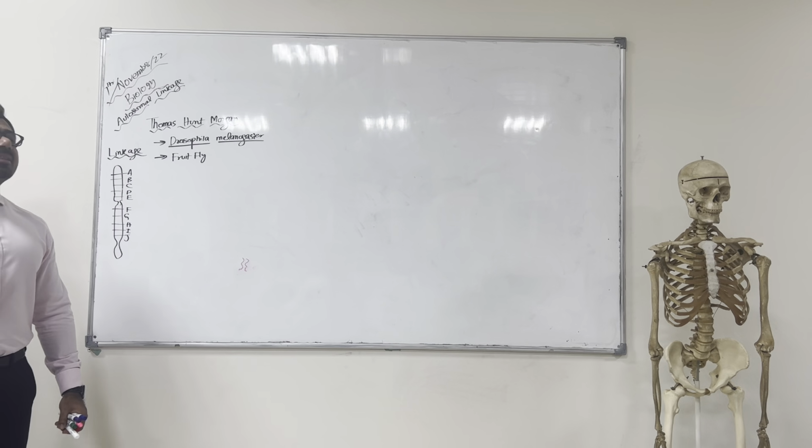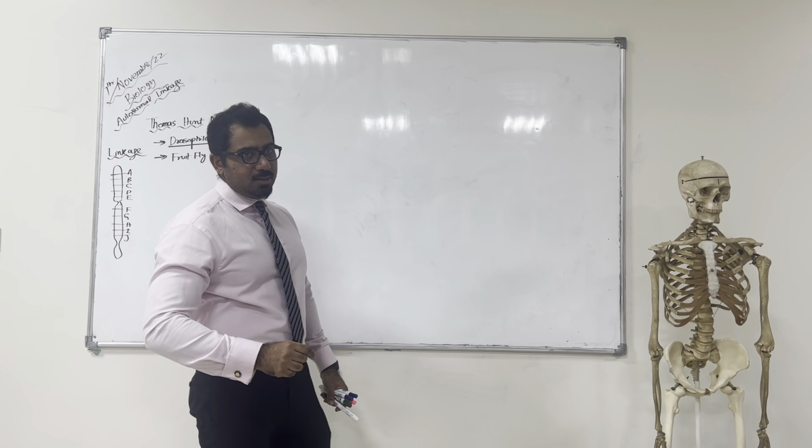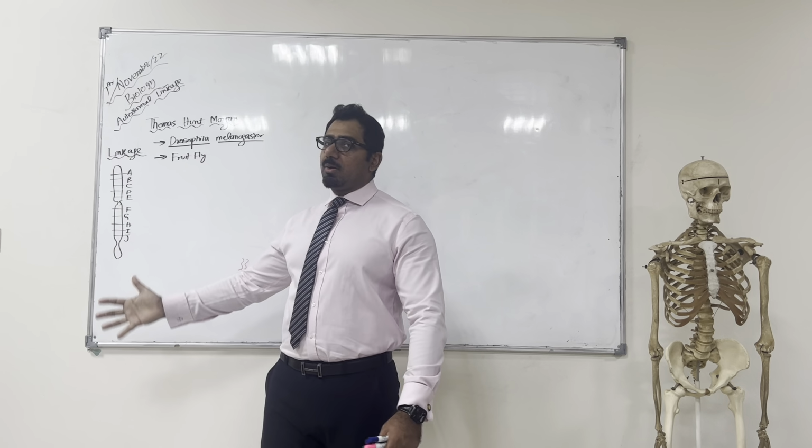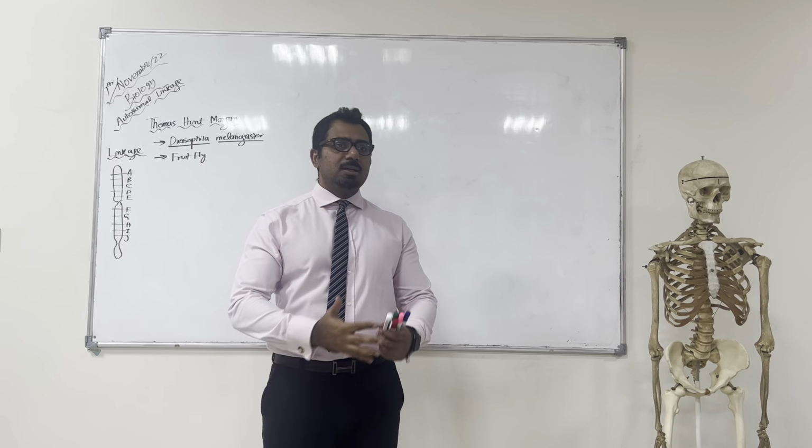Now, when Thomas Hunt Morgan started studying, first he studied the monohybrid inheritance of Drosophila melanogaster, and all the rules which Mendel explained about the segregation of the alleles were correct. They became very happy that okay, this is fine. After completing that, they said let's go and do a dihybrid cross, not with the plants this time, but with the animals, and let's take Drosophila melanogaster.